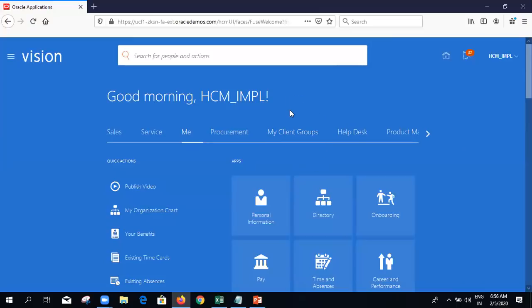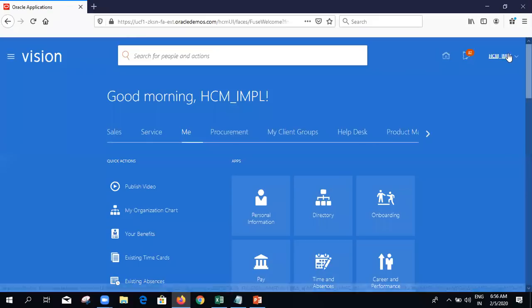So how will that employee get access to those screens? What HR or anyone in the HR will do in the organization is, once the employee is hired in the system, his user account and password will be created, and then the HR related roles will be assigned to that user account.